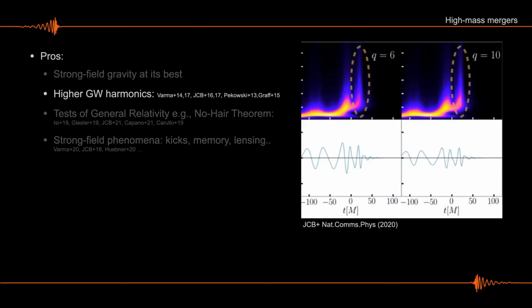What you see here is the signal emitted as the black hole has just formed and is relaxing to its final shape. And you can see that this kind of time frequency map deviates a lot from the one I showed, which was just a single chirp. Here you can see the frequency going up and down, and I'm not going to get into that, but this tells you about the shape of that final black hole.